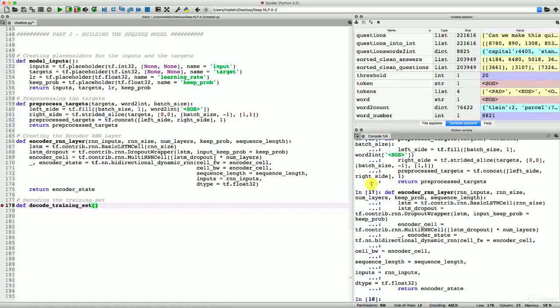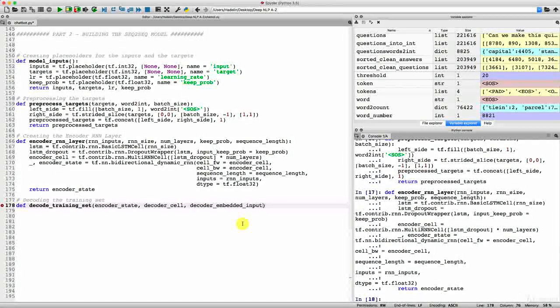The first argument is going to be the encoder_state, because our decoder is getting the encoder state as part of the input to proceed to the decoding. And therefore we will need the encoder state that was returned by the previous function, encoder RNN layer, to proceed to the decoding. Alright, so encoder_state. Then the next argument is going to be the decoder_cell, and that's basically the cell in the recurrent neural network of the decoder. Then the next argument is going to be the decoder_embedded_input, and that's basically the inputs on which were applied embedding,